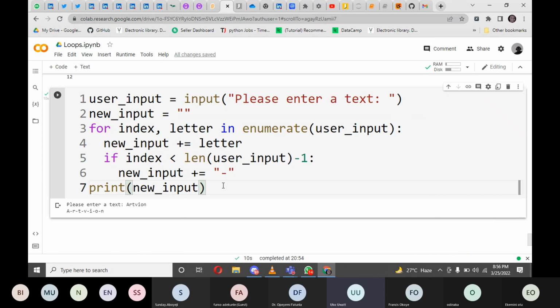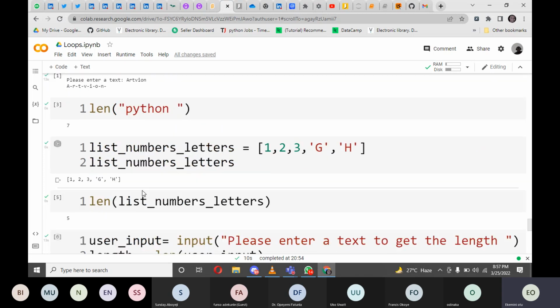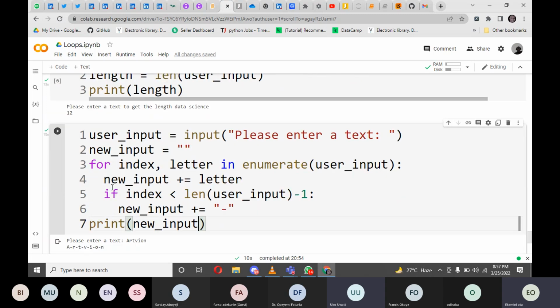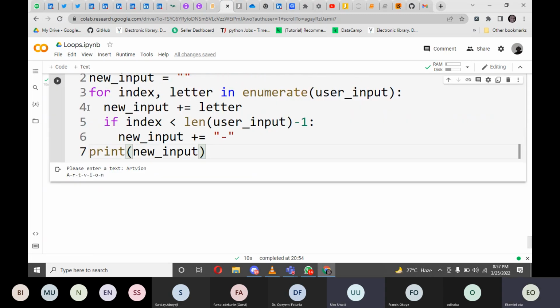My question is, is it not possible to do it the way you did it before, where you delete the last character, that's the last dash? Is it not possible to do this in another way? Yes, it definitely is. Yes, there are different ways to work with this particular concept. But what I want to do now is make sure that I integrate len and also